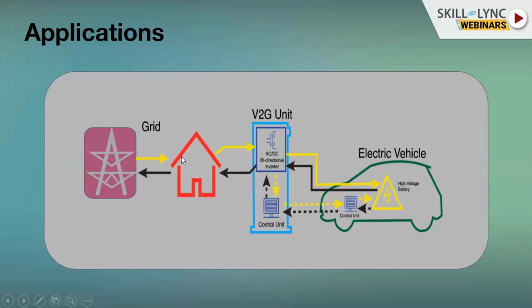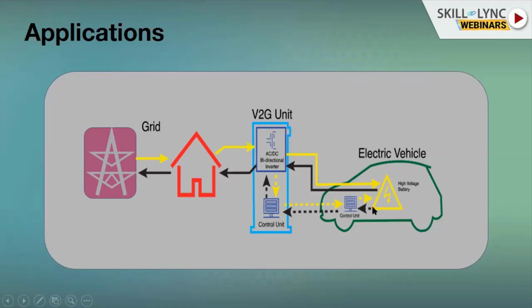So moving in further, we could just see the yellow color structure shown over there. The yellow color structure tells you how the energy is being transferred from the grid to the electric vehicle. So from the grid, it goes to the residential houses. In the residential houses, you have the electric vehicle where we are charging it. And the charging unit is going to be the V2G unit. And while you have some deficiency in the grid, while we have some power cut, you can feed back the battery voltage to the grid. Okay. How is that particular flow of energy now? Now this battery, whatever is there in the electric vehicle, has been initially charged.